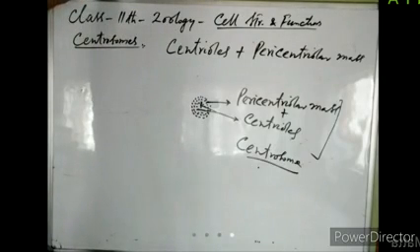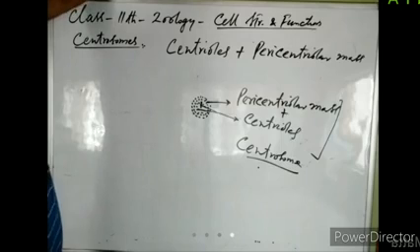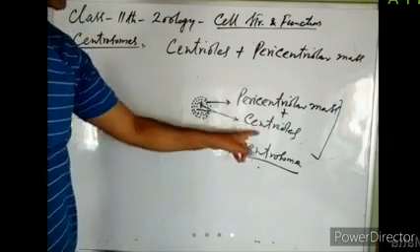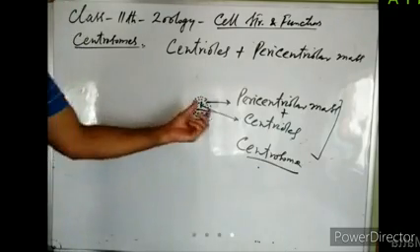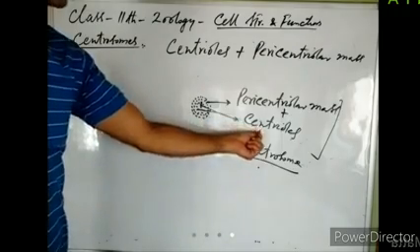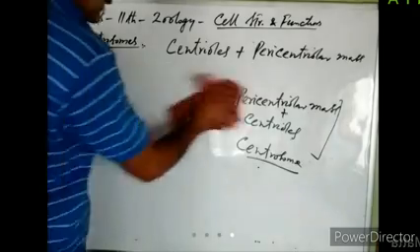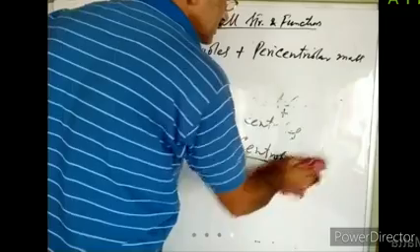How many centrosomes are present in a non-dividing cell? In a non-dividing cell, usually there is a single centrosome. But at the time of cell division, this centrosome replicates and migrates to two opposite poles of the cell to form asters, from where the organization of spindle fibers occurs. First we will have a look at the structure of these centrioles, the structures present inside the centrosome, and see of what material they are formed.